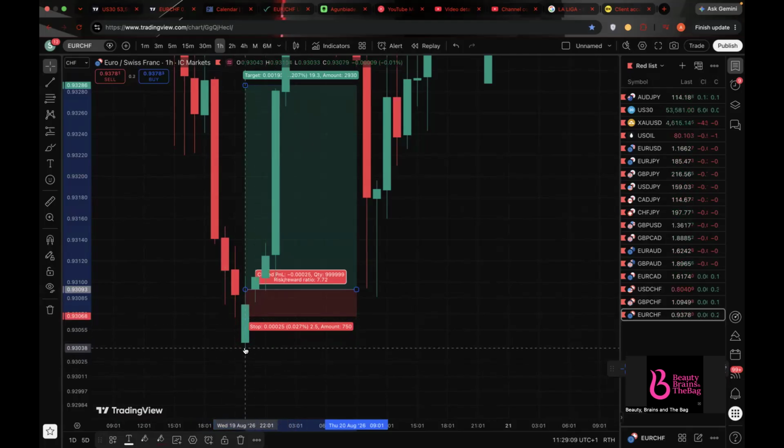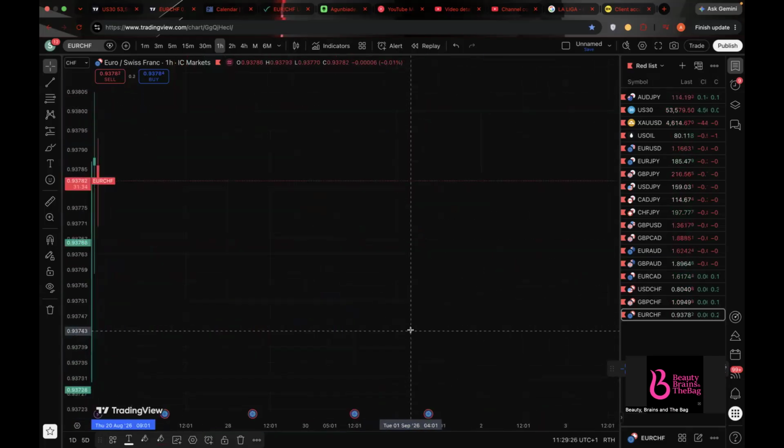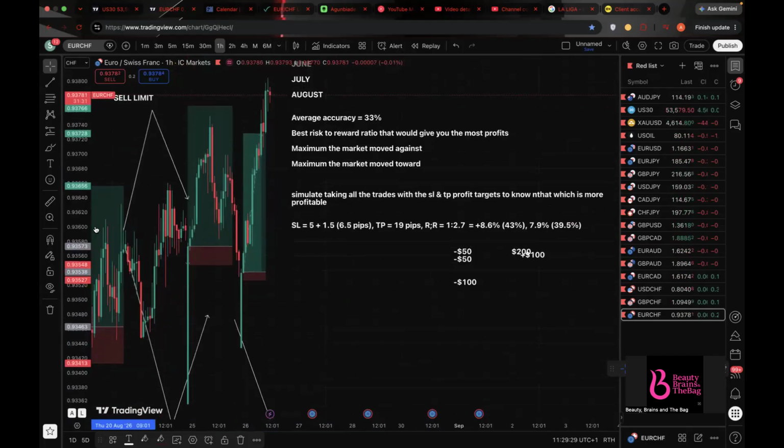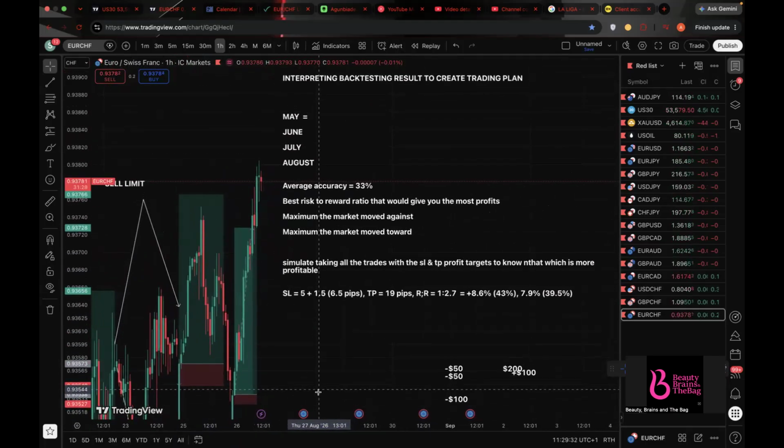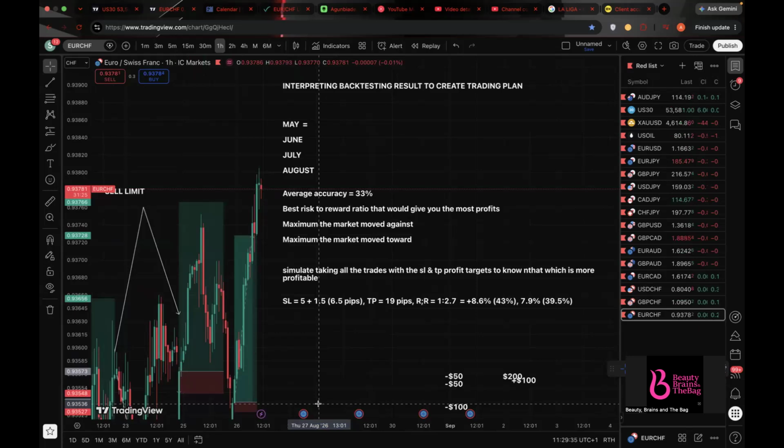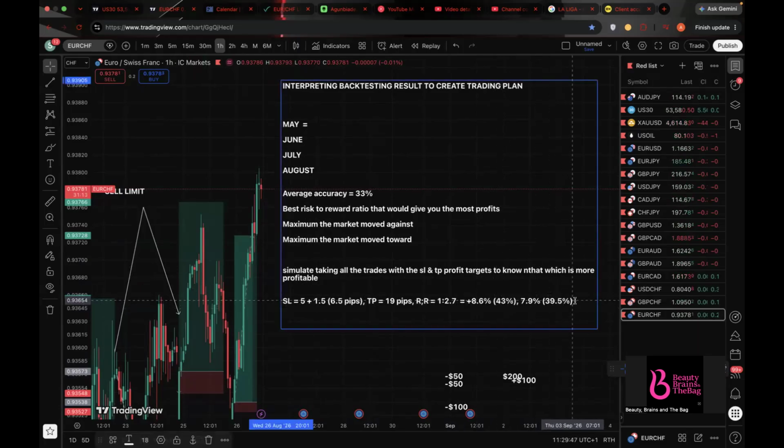All right. So you look at all the data and you tell yourself what is the best stop loss I'm to use based on all this data. So from what I saw, I don't know if it's the most profitable one, but from what I saw, if I use 3.5 pips as my stop loss and I took all those trades, let's assume I took all the trades in June and July. I took them on one account with 5 pips stop loss. This is how much I would have made if I used 1%, 8.6, and how much I would have made if I risked 5% in June and July. But then if I use 5 pips stop, if I use 3.5 pips stop loss instead,